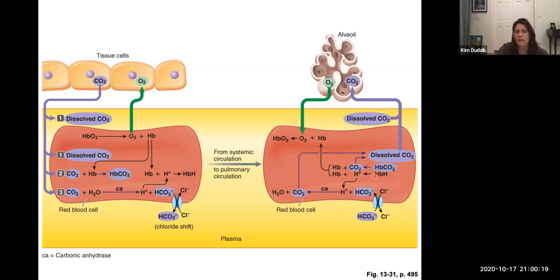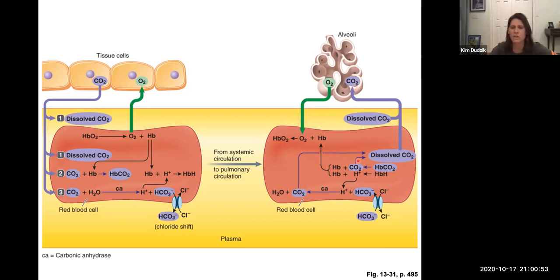The hemoglobin that was carrying the hydrogen will go back. So the bicarbonate in the blood, by the chloride shift, will come back into the red blood cell. That means the chloride will go out. And then taking that hydrogen from the hemoglobin, this bicarbonate will bind to it. And the same enzyme, carbonic anhydrase, will run this in reverse, converting it back to CO2 and water. CO2 will diffuse out because of the partial pressure gradient.